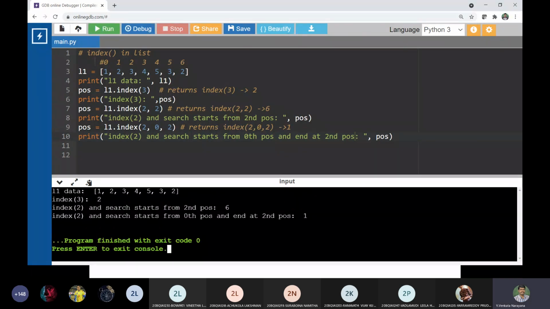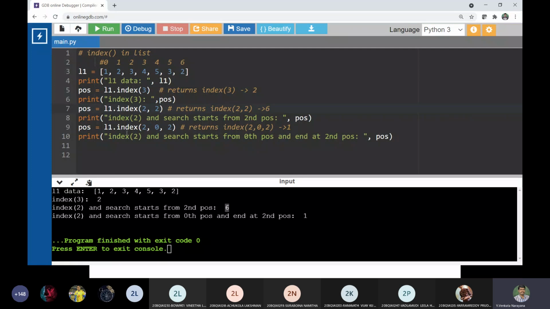See here, as we said, L1 data is printed. The index position of 3 is at 2, so as usual 2 is returned. Then I would like to know the index of 2. The starting value is specified but the ending value is not, so the search will start from index position 2 and end at the last. The value 2 is present at the 6th position, so 6 is printed here.